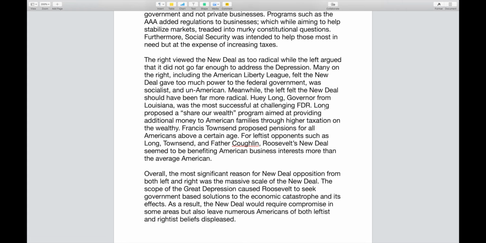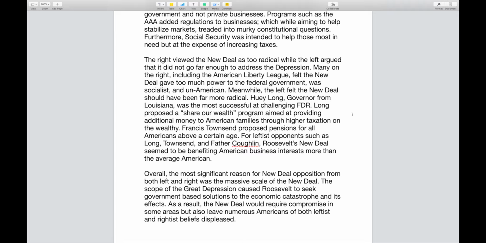Many on the right, including the American Liberty League, felt the New Deal gave too much power to the federal government, was socialist and un-American. Meanwhile, the left felt the New Deal should have been far more radical. Huey Long, the governor from Louisiana, was the most successful at challenging FDR. Long proposed a Share Our Wealth program aimed at providing additional money to American families through higher taxation on the